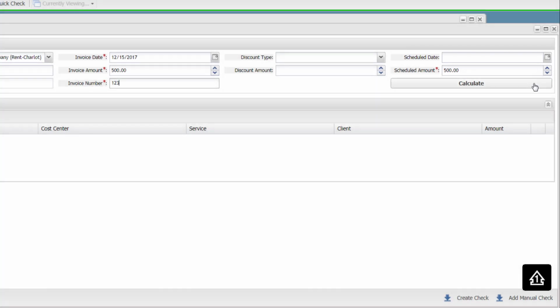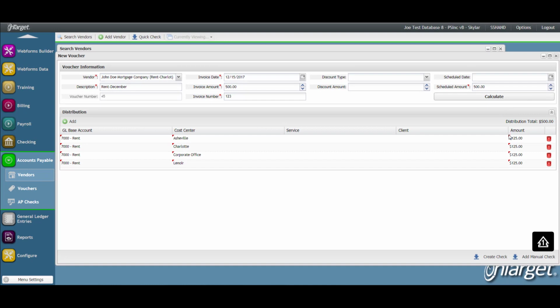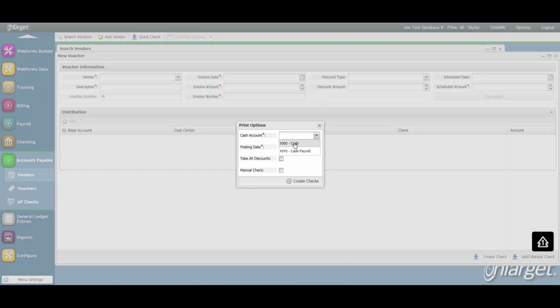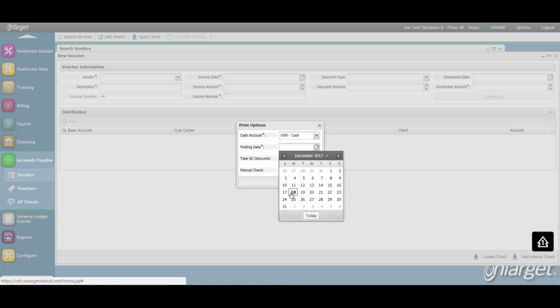Click Calculate to see the distributions. In this example, the default distributions were established and therefore the system auto-distributed. In the event you did not establish a default distribution method, simply add the distribution here before creating the check. Choose the cash account to create the check from, the check date,